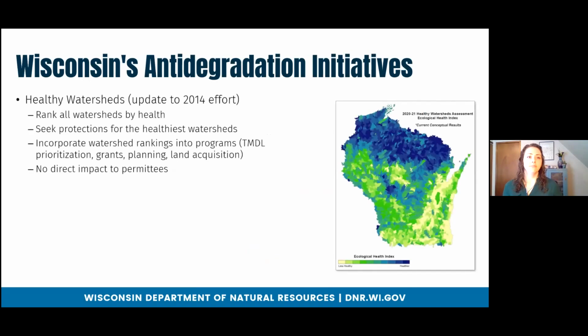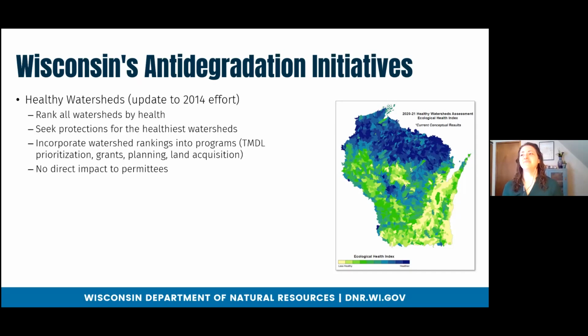The first is an update to our 2014 Healthy Watersheds initiative. And right now we're doing an update to our 2014 effort, which includes some new data and some restructuring. I should mention we'll have some public input opportunities on this in the relatively near future. In the session directly before this one, there was a modeling and assessment presentation. So if you missed that, you can watch it on YouTube whenever it gets uploaded. And then tomorrow in the 10 to 11 a.m. session, there is a statewide planning talk. So make sure to check those out if these are interesting to you, because I'm just giving a little